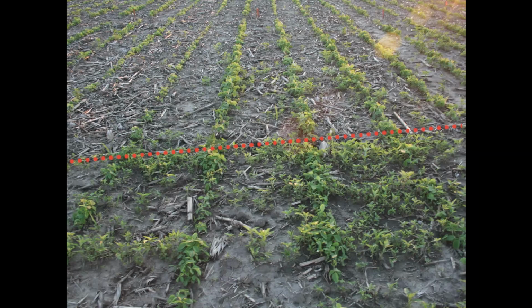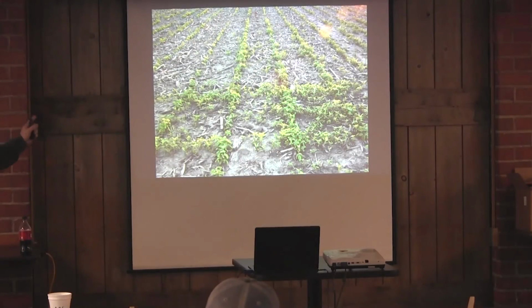So we could tell that tillage has a major impact on our weed control. Sometimes good, sometimes bad. Here's what this blurry cell phone picture looks like a few weeks later. You can see shovel here, shovel here, shovel here, right? So not only do we need to put on the right herbicide at the right rate, we also have to be aware of tillage. That's not telling you that tillage is bad, but what happened, and you can see here,